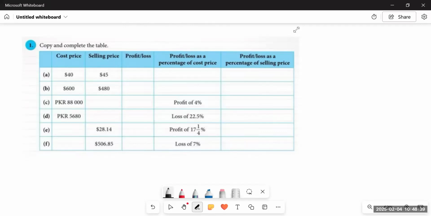This is Think New Syllabus Mathematics Book 2, and today we are going to start a new chapter. That is chapter number 6 of this textbook, in which we are going to deal with the profit and loss concept, which incorporates the concept of percentage that you have learned in grade 6 and 7. So let's begin with question number 1.